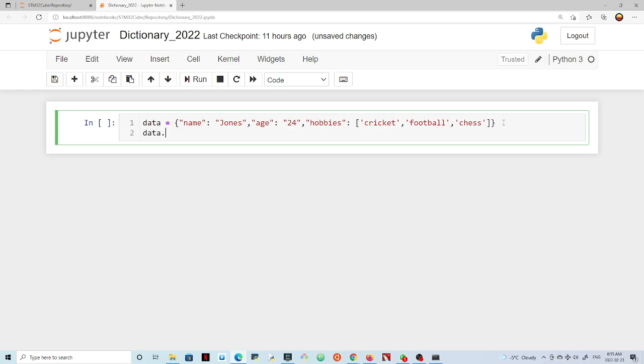Dot, and if I hit the shift button, I think the tab, right? Tab, and I'm just looking at what I can do with it. So if I go down to keys, right, and then I create this function here and hit shift tab,